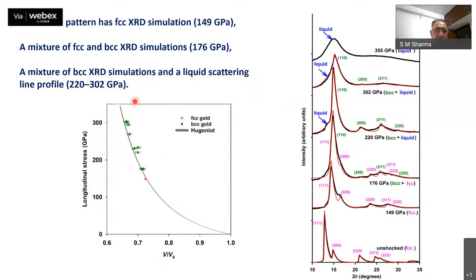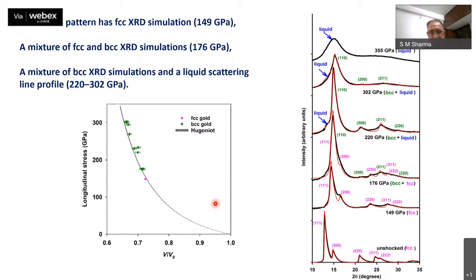So these are the data points which you see, where the density is independently measured by the X-ray diffraction experiments, while this is the PV curve, which has been deduced by, should I say, continuum measurements in which the particle velocity and the shock velocity were measured. The diffraction pattern has FCC structure up to about 150 GPa, and this particular example image shows a mixture of FCC and BCC phase, and then at still higher pressure, there's only